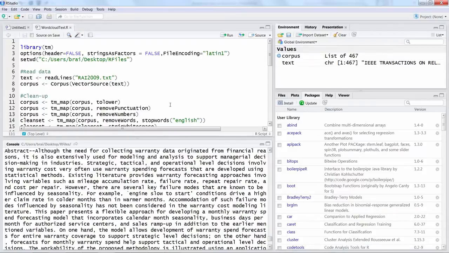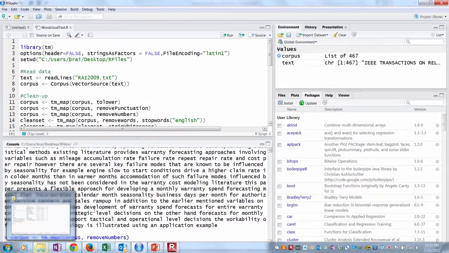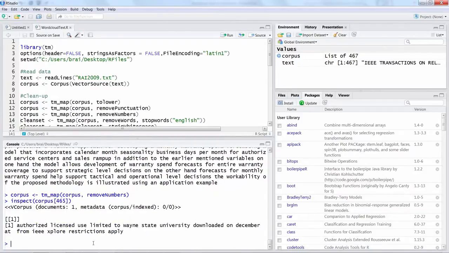So let me first run remove numbers line, and we'll go back to 465. Check. So 465. So in that line there are no numbers now. Similarly, you can also remove